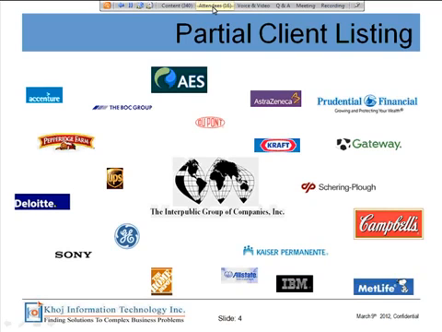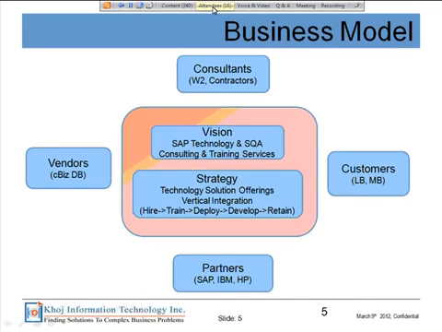This is just an introduction to our client list of the clients we are or have done work in the past. And as you would see, since it's SAP, typical Fortune 500 kind of a listing, but spread across various industry segments, some consumer packaged goods, some service sector, some high-tech, some entertainment, media and communication, some pharmaceutical companies. So different industry verticals is where we have provided our services in the past.